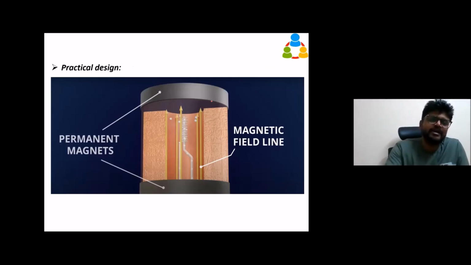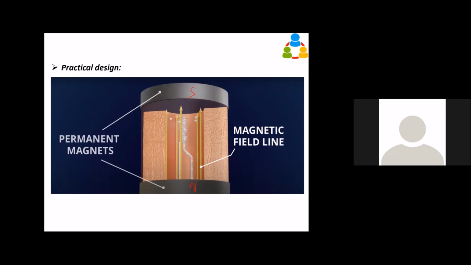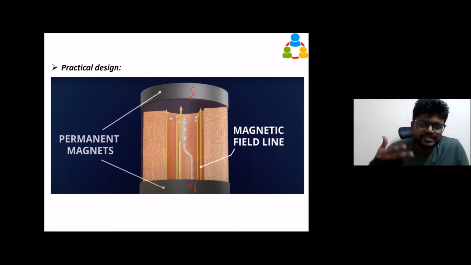That is adding the permanent magnet. What it does? See, these yellow arrows are magnetic field lines. So this is North Pole, this is South Pole. So magnetic lines will flow from North to South Pole. Permanent magnet we are using. So what it does, we are ensuring the movement of charges within the magnetic field. So some force will act.